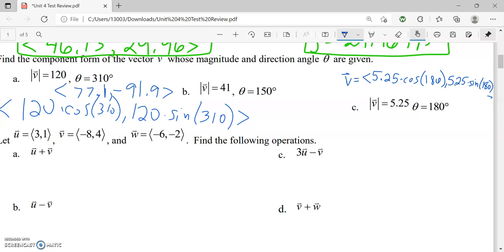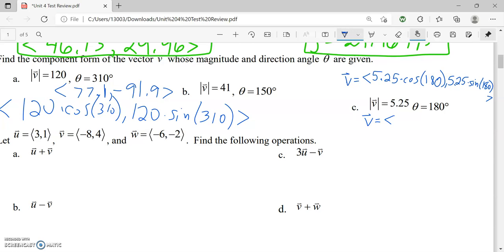Yes. Except I don't have room for the little vector sign. There you go. So again, if you plug those in, vector V equals, well, cosine of 180,